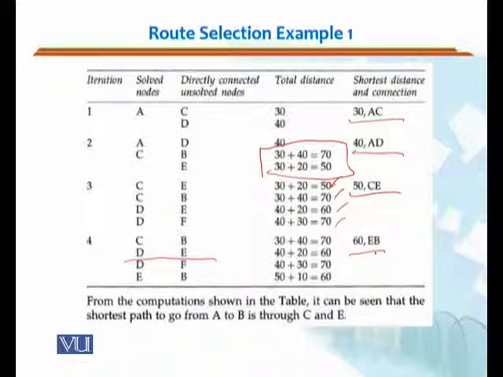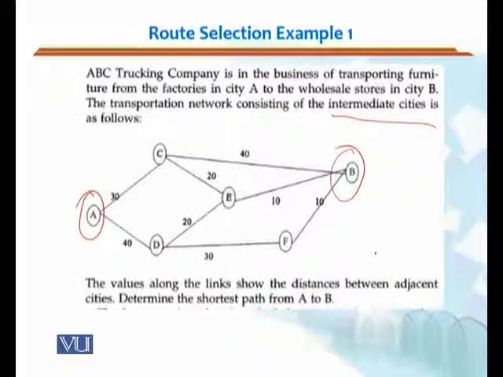D would not be required because D was never solved afterwards. So the distance would be, we will be going first of all from A to C, then from C to E, and then from